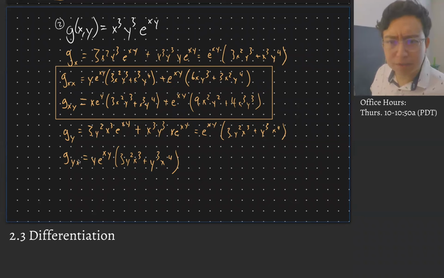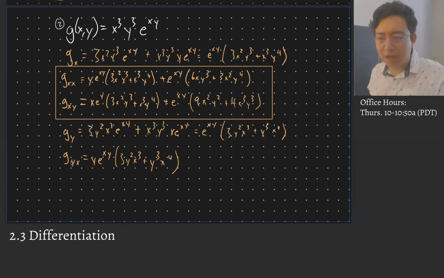Sorry, so same thing, isn't it g_yy? No, so this is the derivative with respect to x of the derivative with respect to y. So we're taking the derivative of this with respect to x. So this would be g_yx. So it's g_y, and then take the derivative of that with respect to x. So g_yx. Unless I did something really silly. No, yeah, so this is the derivative of this with respect to x. Treat y like a little coefficient, and so it comes down. Plus,